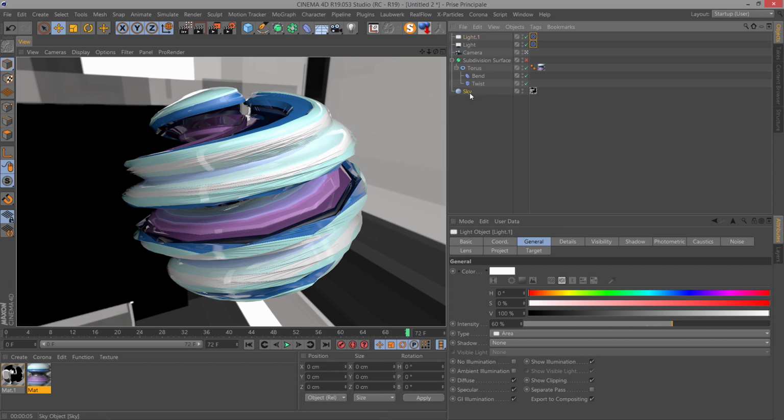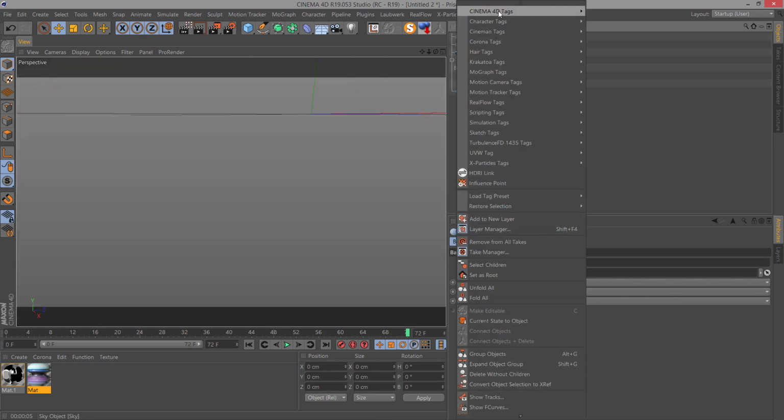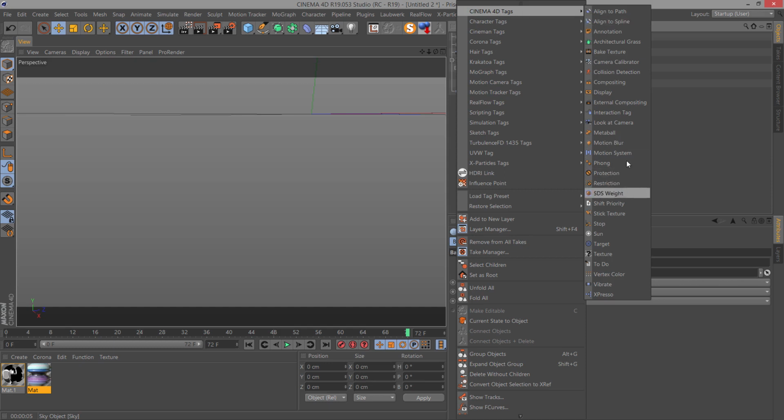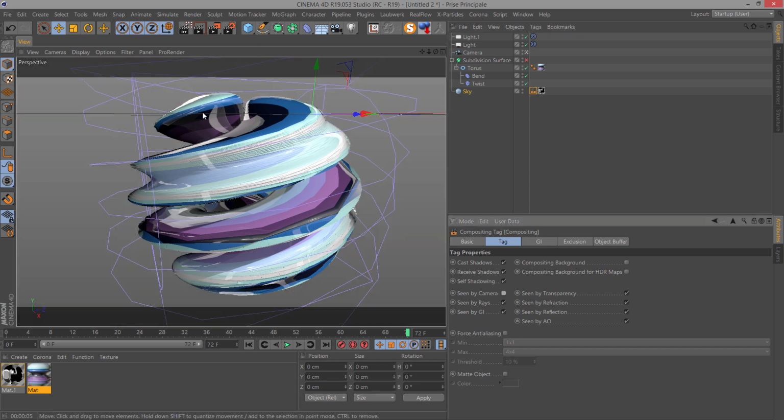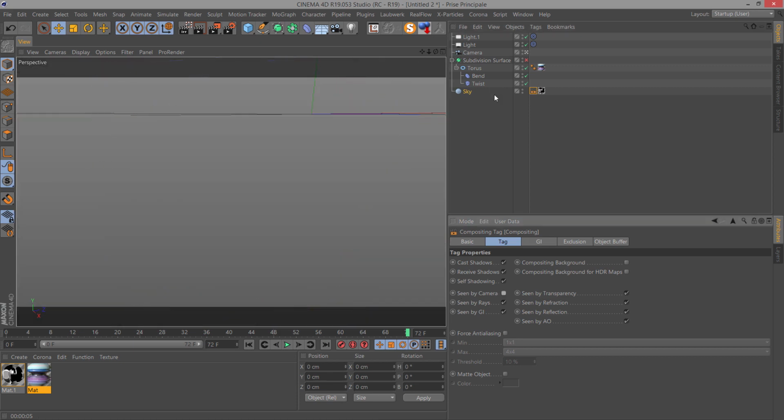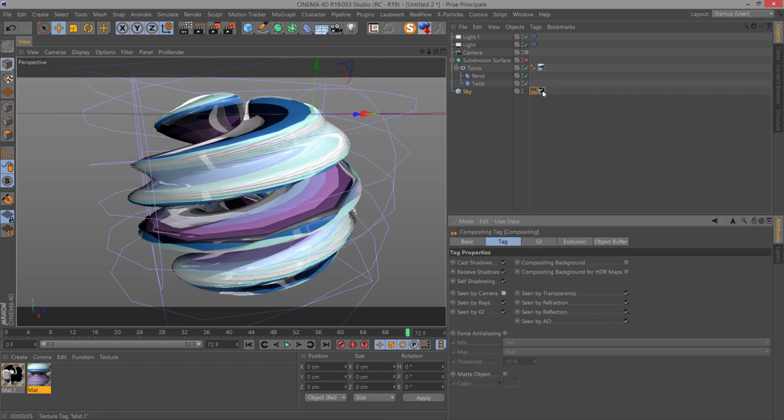So go to sky, right click, Cinema 4D tag, and choose, I don't know in English, compositing tag. And Cinema camera, click it off. So now it disappears. It's always there. We got the texture, it's working for the lighting. You see the sky here in the reflection, it's here. But we don't see it by camera, so it's okay.